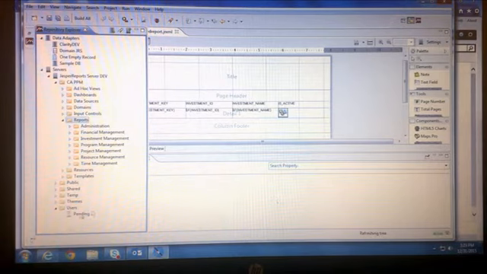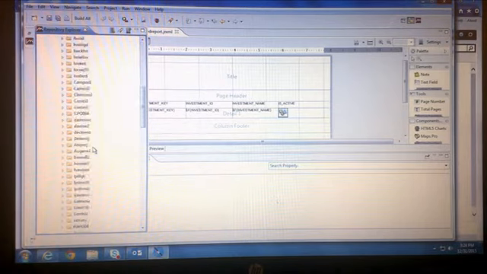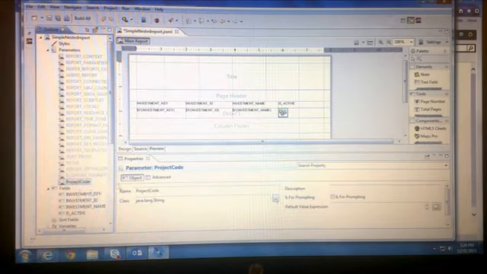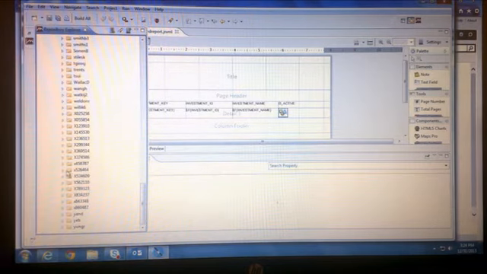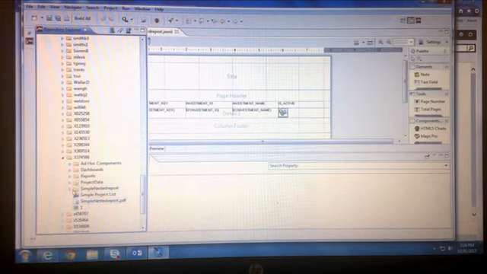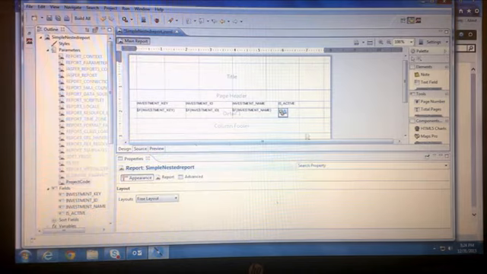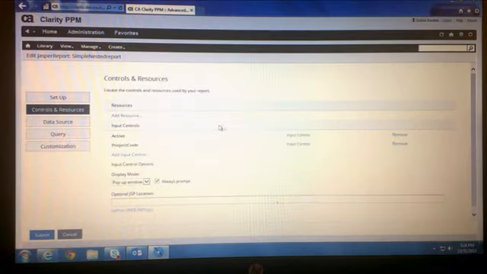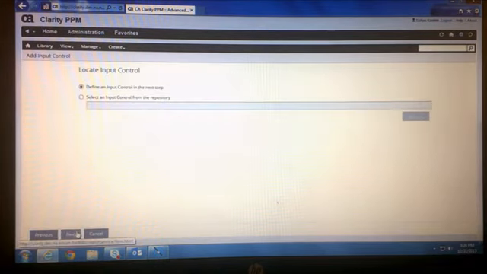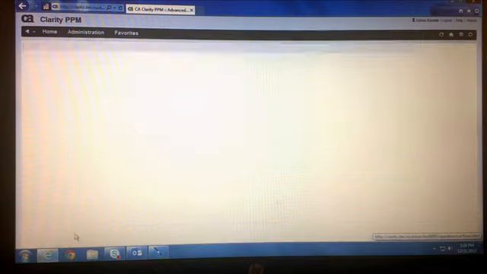So once you do that, after saving the report with this being empty, we will delete this and close this report, and then we will double click and open the simple nested report. If you double click and open this, it comes up with those parameters configured in the sequence.